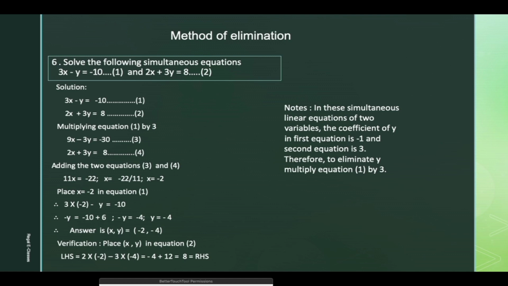Now after this Python part, we come to the problems. Again it will be the method of elimination, different problems. You can go through the problem. Method is very similar. You see the coefficient, try to eliminate by having the same coefficient in the two equations. Eliminate the variable and get the value of the other variable. Replace the variable, and we can get the solution.